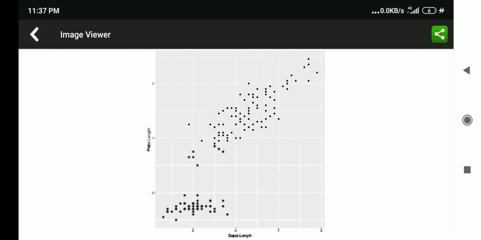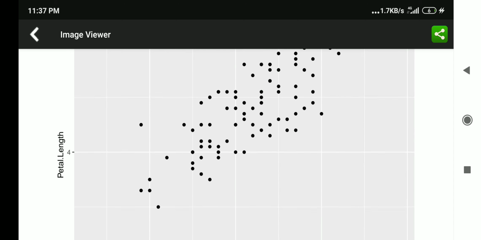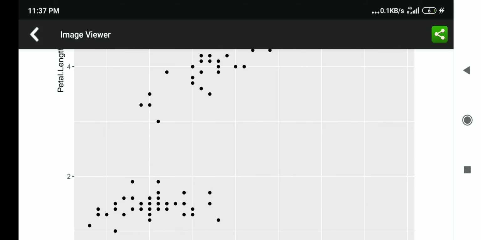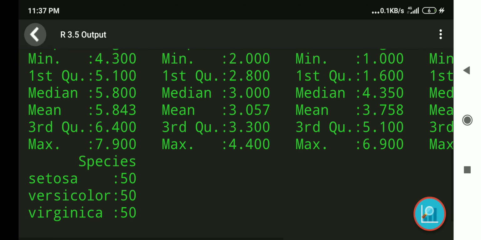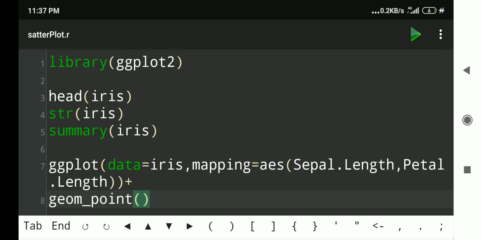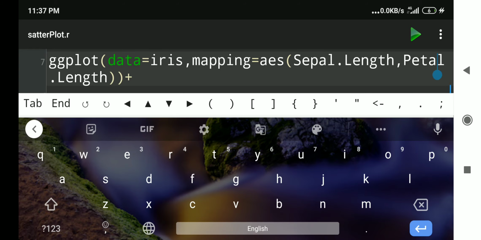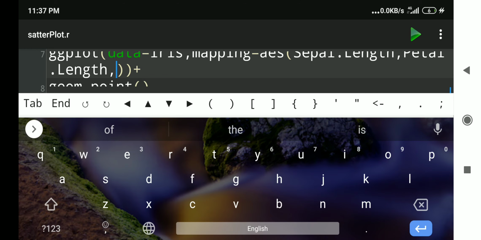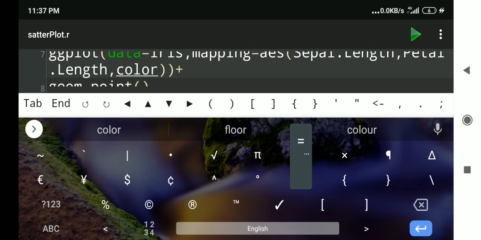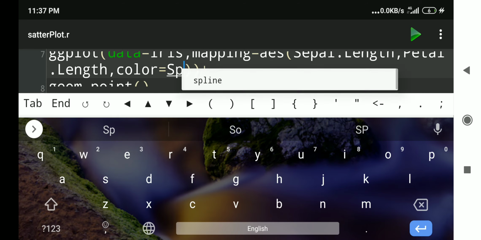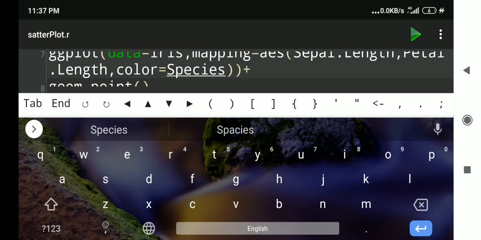because here we know that petal length is positively correlated with sepal length. As sepal length goes on increasing, petal length is also increasing, but we want to know what is happening around the species variable. For that, here in the ggplot function, at the end after petal length, our x and y axis will map it to a color attribute, and we will map variable species to color attribute because species is a categorical variable and 3 species are there, therefore we shall have 3 colors.